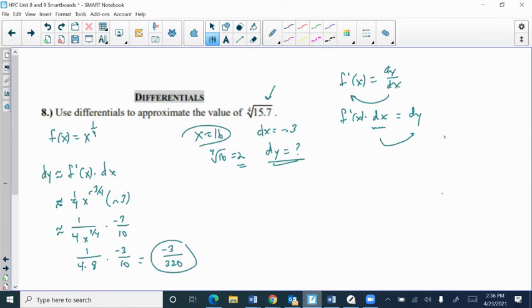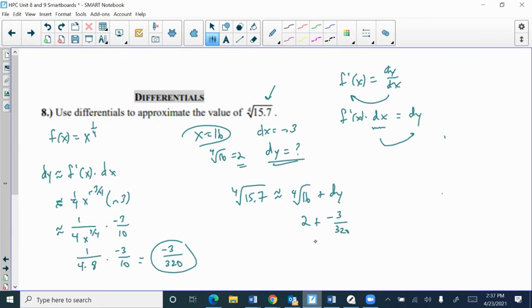Now, realize that that's not the answer to the fourth root of 15.7. What that is the answer to is how much the y changed by. So I can say that the fourth root of 15.7 is approximately equal to the fourth root of 16 plus our change in y, which we just found. So what was the fourth root of 16? It was 2, and so we're going to change it by